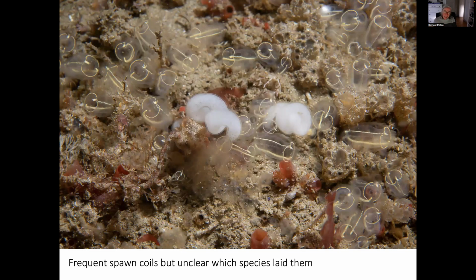Up on Rathlin, we quite often come across these tiny little sparrows of spawn. And I think they were one of the things that, oh look, there's another little nudibranch. They were one of the things that Bernard was never sure what the spawn belonged to. So with the DNA barcoding project, I got a bit of the spawn and sequenced it so we could see what species it belongs to, because